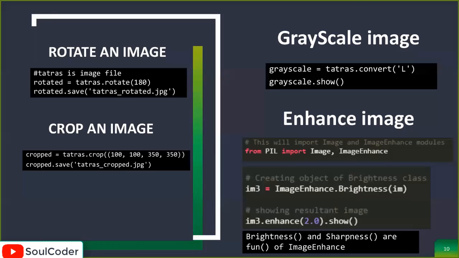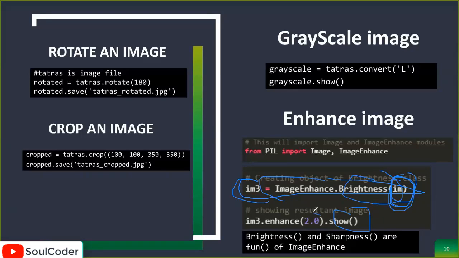What exactly we have to do is just first look at here what we are going to do. So first we will have this im3. In this im3 we are storing ImageEnhance.Brightness(im), where this im is nothing but our image. Okay, and we are applying the brightness function over it from the ImageEnhance class, and now im3 indicates the brightness, and we will call the save method here.